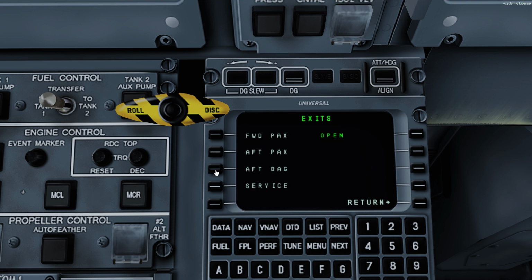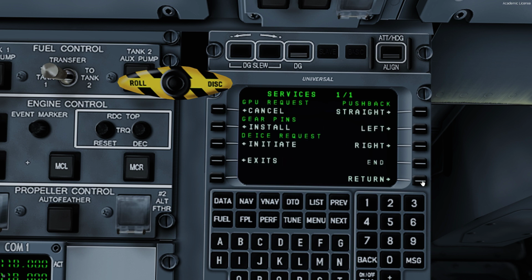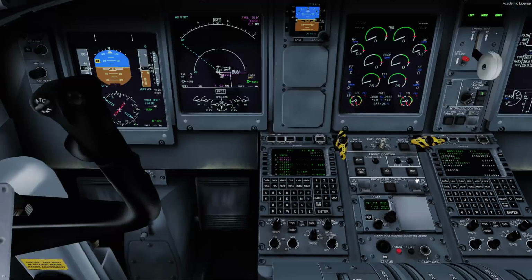After passenger door. Yeah, I'd still understand the doors in this. Hopefully I get all doors open. If not, bit of a bummer. Yes, please. Fingers crossed. Yes. Nice. Nice. We got